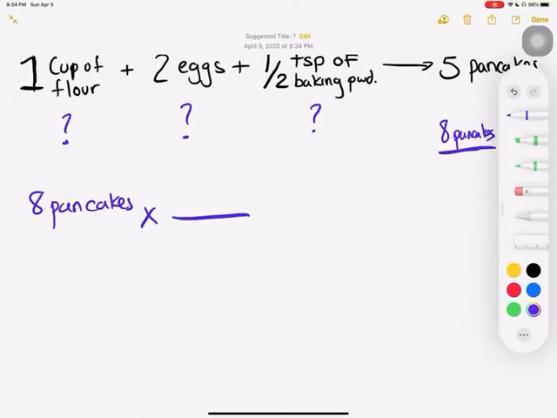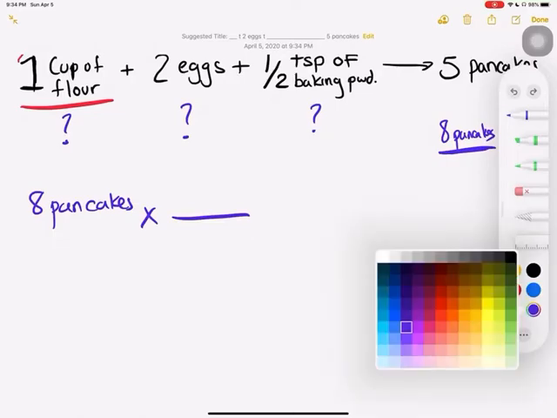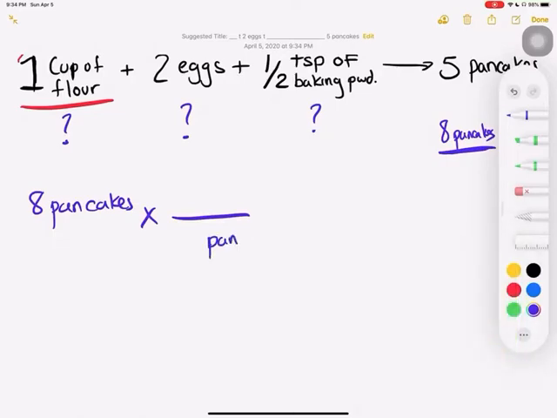Okay, so from pancakes, let's calculate the flour first. So we're talking about flour, right? So if I want to convert pancakes to flour, going this way, that means that if I'm doing dimensional analysis, pancakes have to go on the bottom so that I can cancel out pancakes later, right? And flour is going to go on the top. Okay, so this is just a regular dimensional analysis. We can take the flour as the units, X, the baking powder, or the pancakes as the units. Okay,